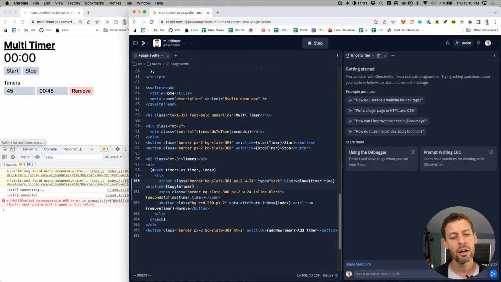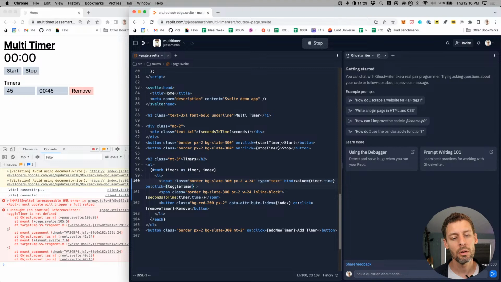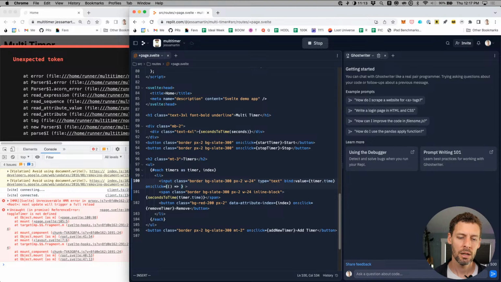Oh, but this is going to toggle all of them, which I don't want to do. And then how do we toggle it back? Interesting. So maybe we do it as an inline function here and toggle just this one. That's what we want to do, toggle this set. I guess we could do it here. We could set a class on the li. Oh, this is interesting.